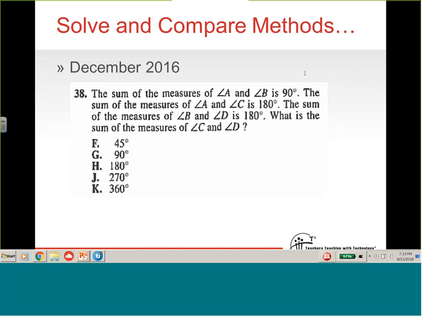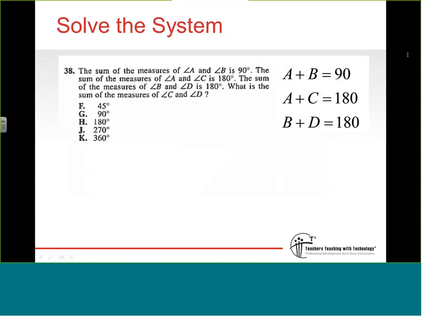And if you know that, what's interesting is you can actually eliminate a lot of the rest of the answers just by knowing that C and D are obtuse. I had a student tell me that was how they did it. They didn't do any calculations. So just to show you one method that you could use here